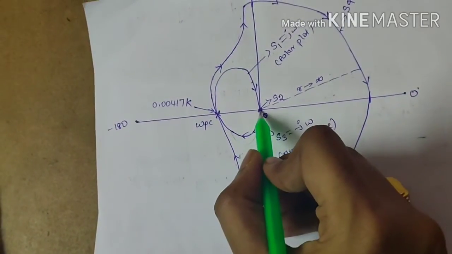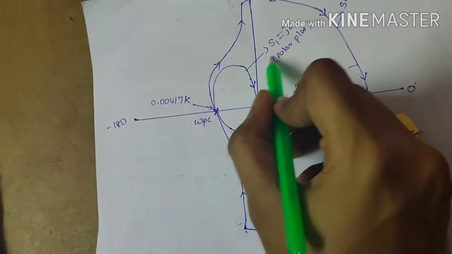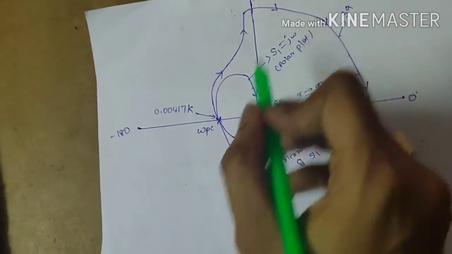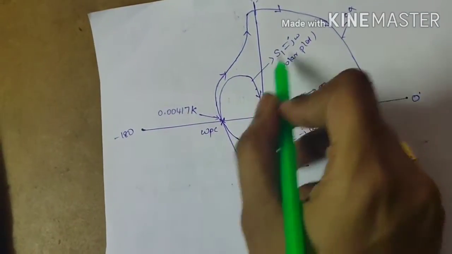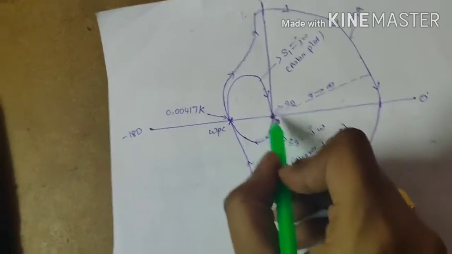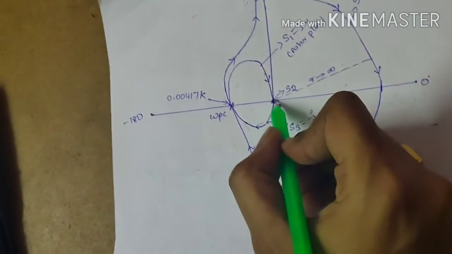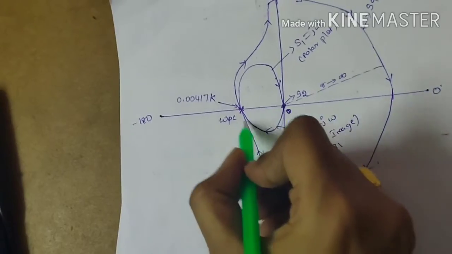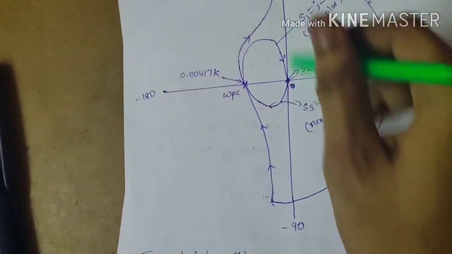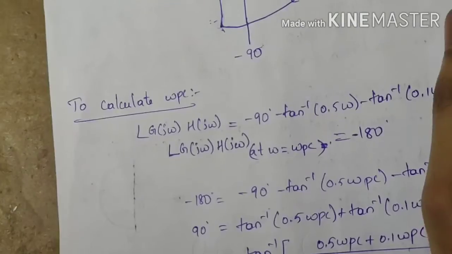And always remember, when this is the polar plot, don't draw the mirror image like this. Why? Because you would be taking the mirror image around the imaginary axis. You should not take the mirror image around the imaginary axis. This is a very important point. The mirror image should always be taken around the real axis only. Suppose this is the polar plot, then you have to take the mirror image around the real axis, like this. Don't take it in this way. The mirror image should always be taken around the real axis but not across the imaginary axis.